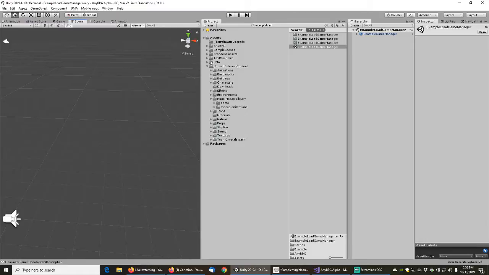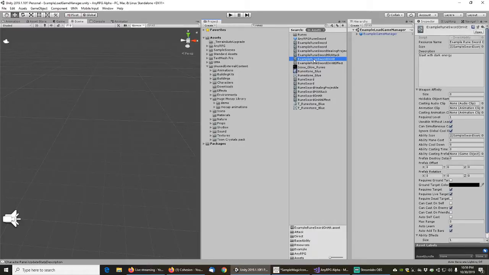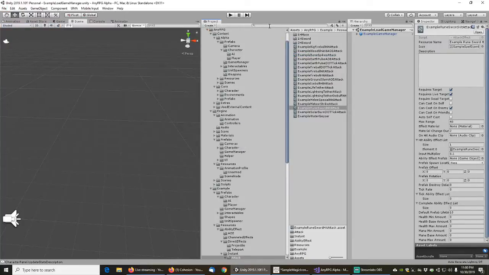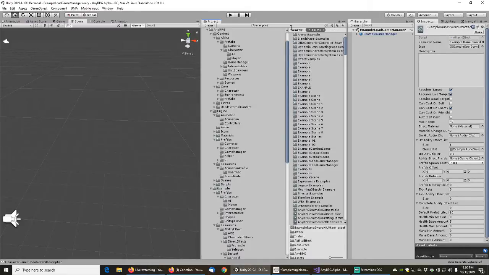So let's take care of that. We're going to do the example Rune Sword on hit, and that is no longer auto learn or auto add to bars. And actually, let's just save that because we made some changes to some scriptable objects. And now we need to go back to our example